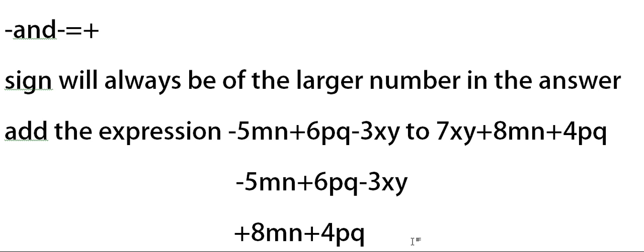And the last term is xy. So look for the xy term in the second expression. In the second expression, I have the xy term 7xy. But remember to see the sign. Now 7xy does not have any sign in front of it. And I have explained to you earlier that if a term does not carry any sign in front of it, it is always assumed to be positive. So I will write plus and then write 7xy. Now I will show you how to add the whole thing. You'll put a sign.